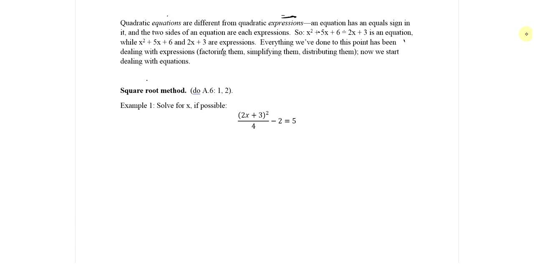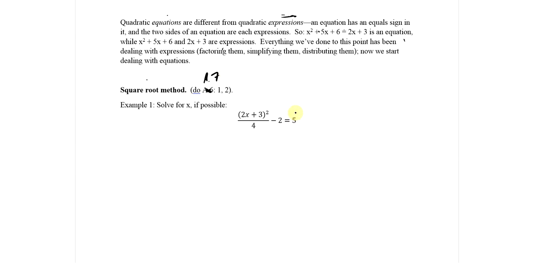So solving quadratic equations. A quadratic equation is one where something is squared. Alright, and so here's a quadratic equation because there's something squared, and we'll solve this using the square root method. And section, this should be A7, not A6. A7, problems 1 and 2